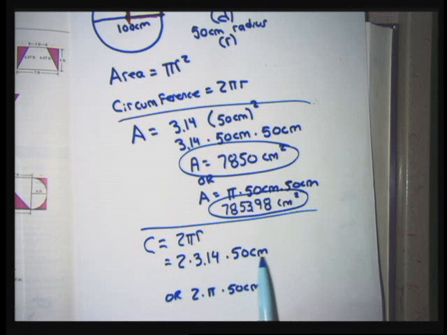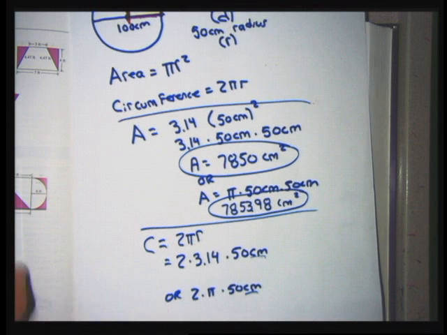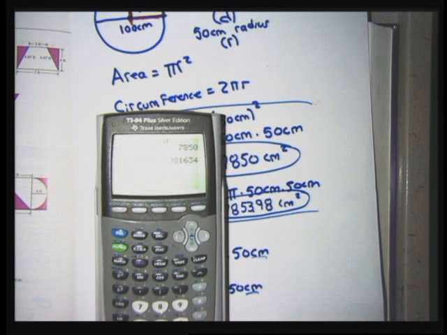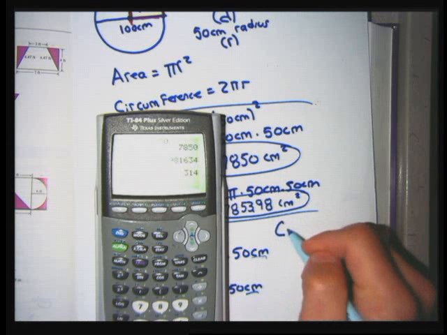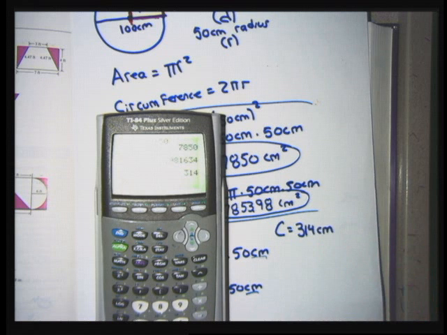The units, because there's only 1 centimeter, it's not going to be square centimeters, it's just going to be centimeters. And I'll do both computations. If I did 2 times 3.14 times 50, I'd get the circumference is 314 in just centimeters. It's not centimeters squared. If I did the same computation and did my pi button,